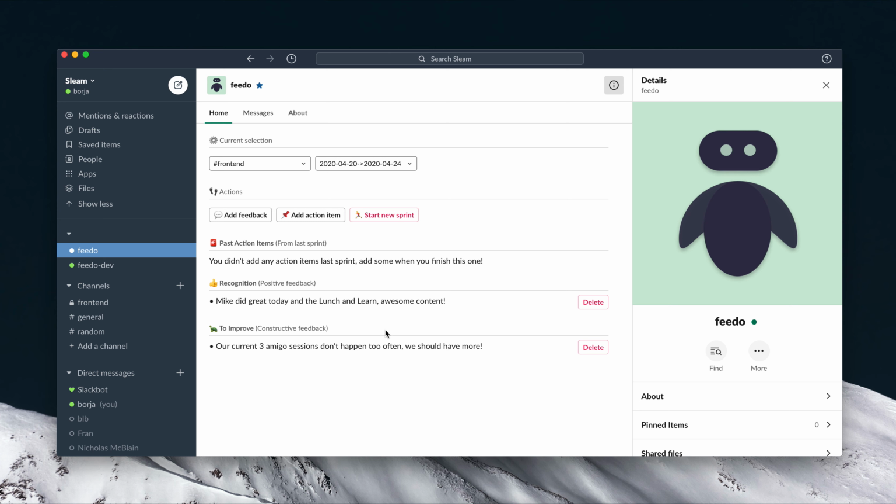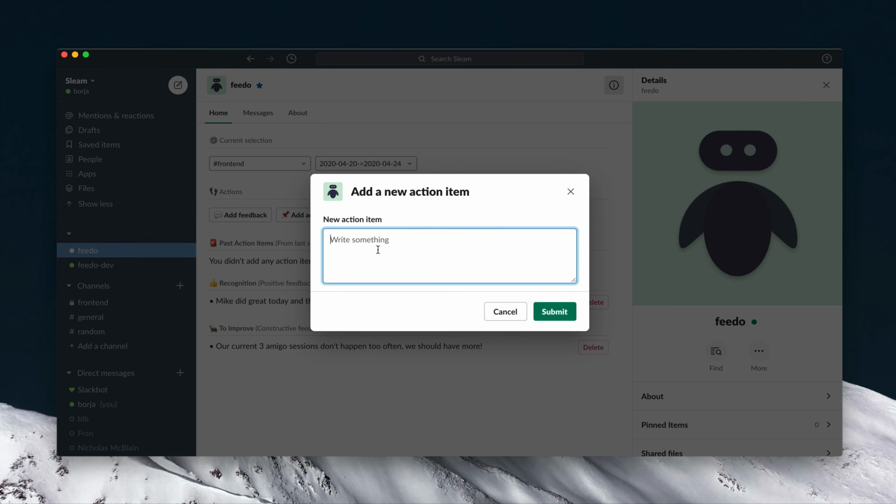And what we would do in a retro meeting is probably just go over the positive ones, go over the recognition, and if there's anything to do about it, great. If not, we'll just give each other a pat on the back for a job well done. Afterwards, we'll go into the to improve, and normally we would go over each item, and for each of them, we'll see if there's anything that we can action on. If there's an action that we can take to improve it, we can create a new action item and say, okay,